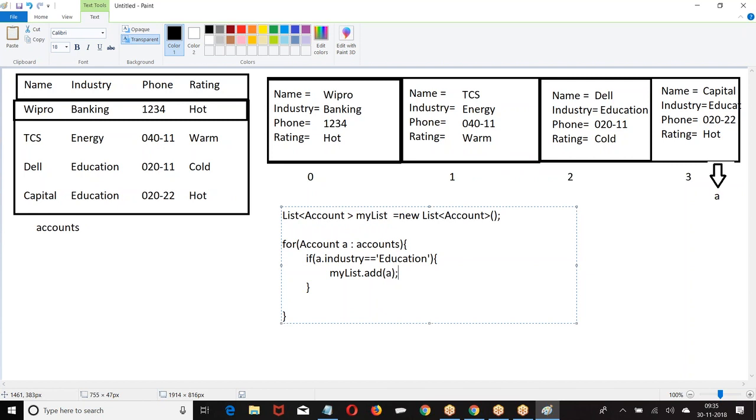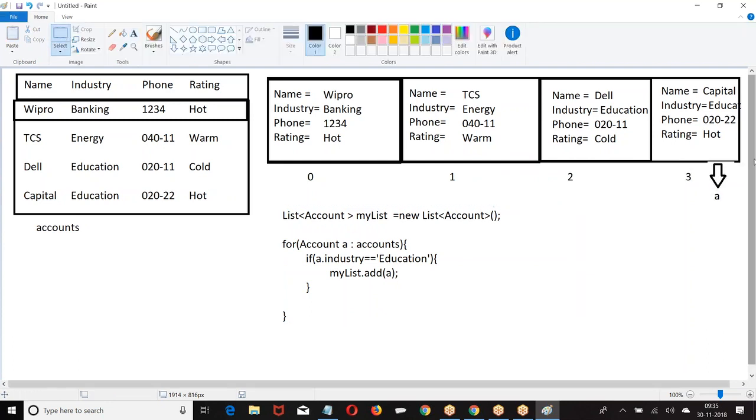So which records are there in this my list? Dell and Capital. So in my accounts, I am taking one by one record. What is the first record we have? A dot industry banking, not equal to education, so don't run the logic.